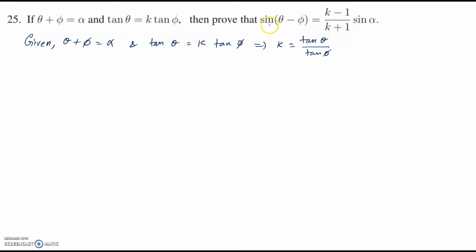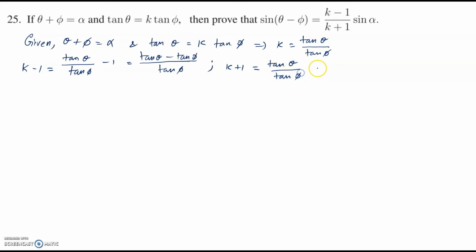Now in the right hand side of the to prove, we have k minus 1 and k plus 1. So using this k, let's define k minus 1. So k minus 1 will be tan theta divided by tan phi minus 1, which will be equal to (tan theta minus tan phi) over tan phi. And our k plus 1 is equal to tan theta divided by tan phi plus 1. So that would be equal to (tan theta plus tan phi) over tan phi. Okay, so now from here we can say that k minus 1 divided by k plus 1 will be equal to